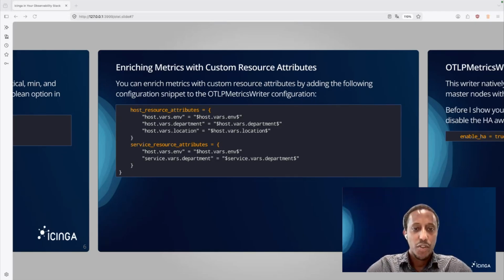Both of these options are of type dictionary, meaning they are a key value list, or pair list, sorry. And of course, they also support Icinga 2 macros, meaning if you are already familiar with Icinga 2, you might already know how this all works. If you don't want to hardcode any values here, you can just use Icinga 2 macros, and the OTLP metrics writer will dynamically populate